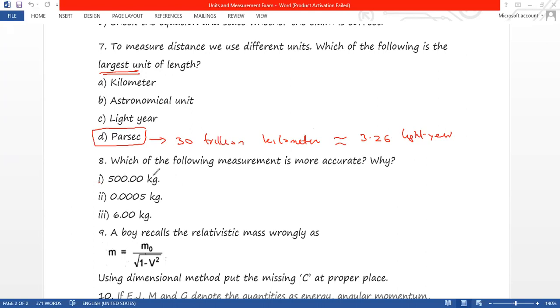Then the eighth one, which of the following measurements is more accurate? Is 5.00 kg this one, right? So this one has 5 digits, right? So we can say that 500.00 kg is more accurate because it contains more significant figures. Clear? There are 5 significant figures, right? Okay. And the ninth one is